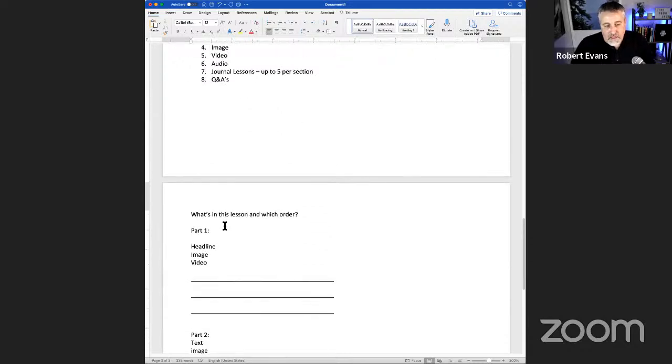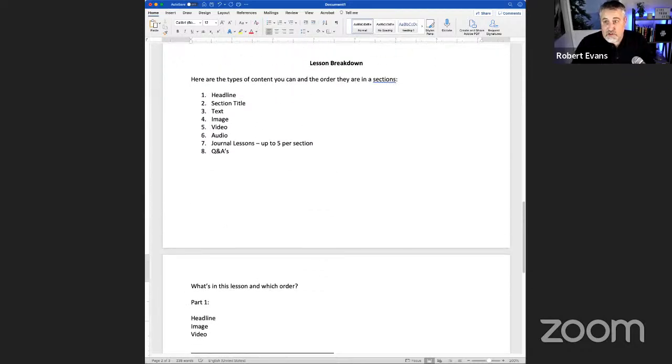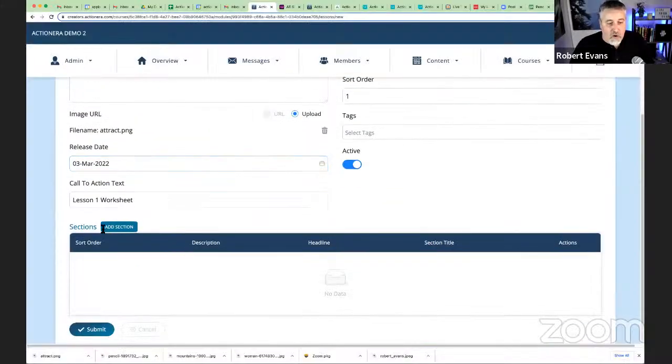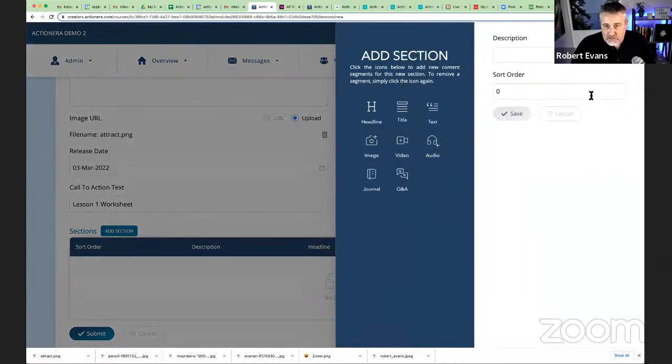Okay. So here's why we break it down this way, so that you have this level of customization. Here we go. I'm going to go in here. Now I'm going to create the sections of my lesson. So I click on add section, and I have this little slide out menu that pops up here. And that list that I gave you, the order that it's in, it goes like this, goes here, here, and here. Now, the first thing I want to do is I need to give this section of my lesson a